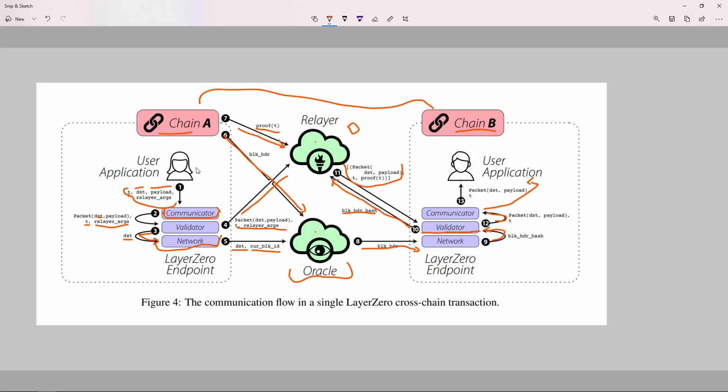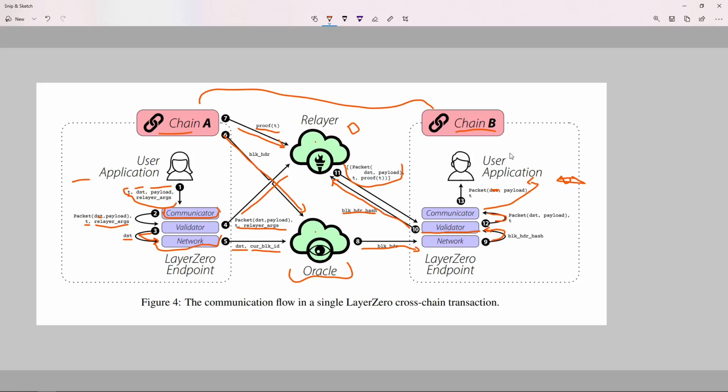So here we will have a send function, and here there will be a receive function. The communicator will call the receive function, with the destination address, which is the contract for the communicator to call, and the payload, which is the data passed to this receive function. It passes the payload, the data, to this receive function, wherein we will look into the computation part of how these transactions actually go through and work. So this is it.